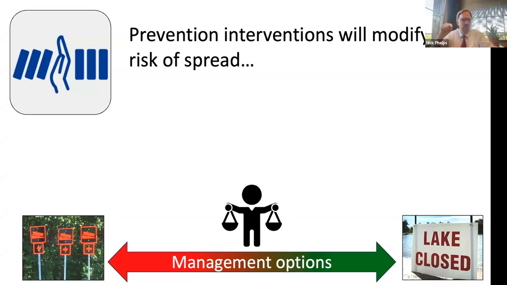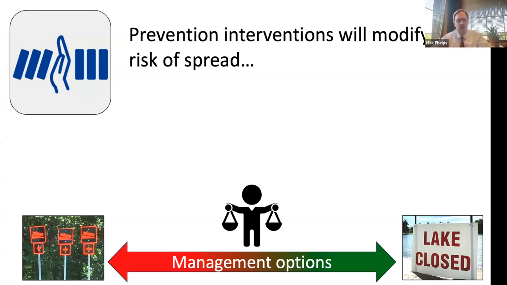But we know that if you put things on the landscape to reduce risk at any given lake, it's going to change the likelihood of spread from that lake to any other lake or into that water body. And there's a lot of options at our disposal, and you as managers could employ to sort of change that risk. And we know that there are trade-offs at both ends of the spectrum,